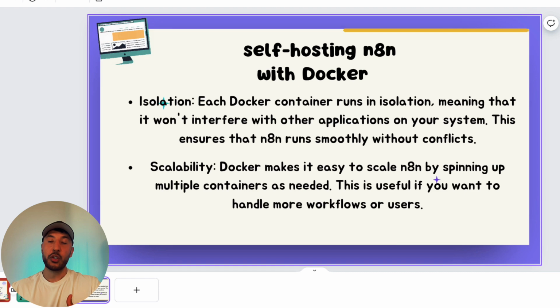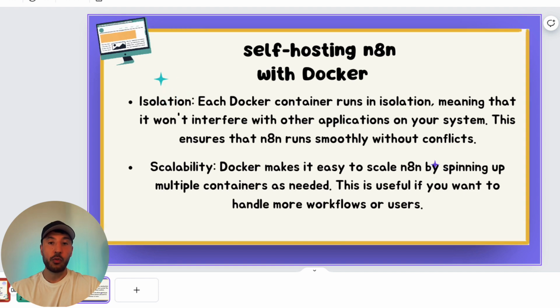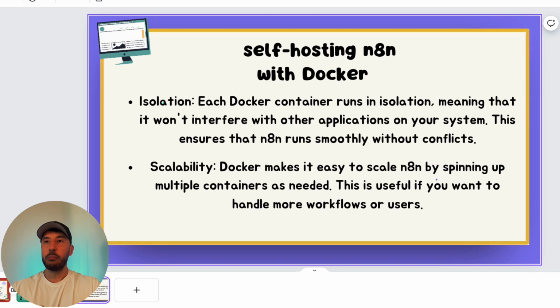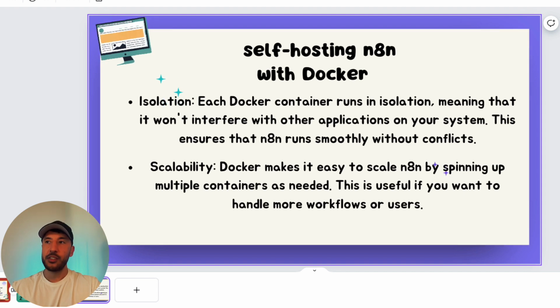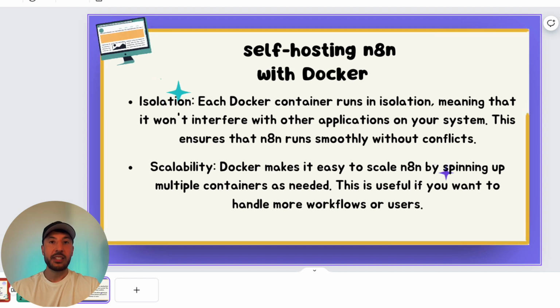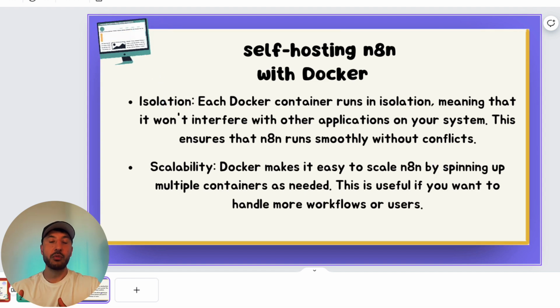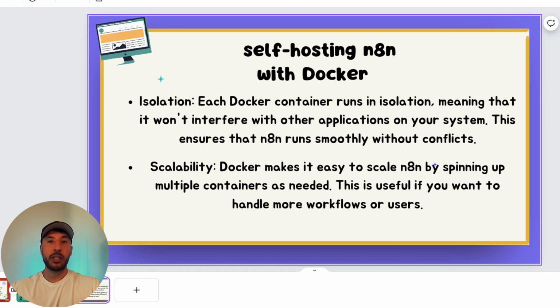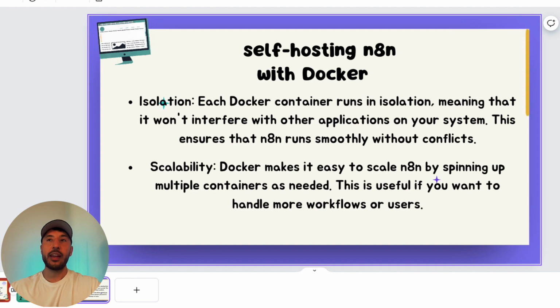If you're creating complex workflows and automations, this allows you to scale as you go without needing to manually change any of the settings. So that was the overall gist of what Docker is and how it helps when it comes to self-hosting n8n. Let's get started and install the Docker desktop application on our computer, and then we'll run n8n through Docker.